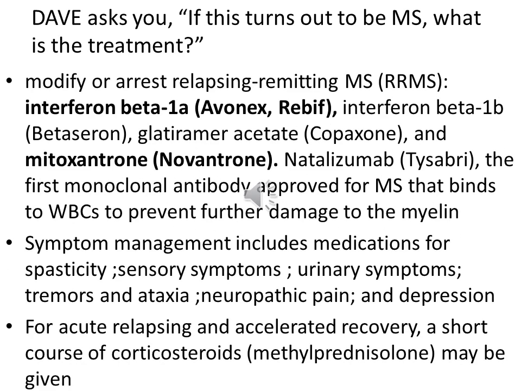So Dave asks you, if this turns out to be MS, what's the treatment? Well, there's no standard therapy, and individual therapies vary widely. There are typically 2 categories of treatment for MS: treatment to arrest the disease process, and treatment for symptom management. In the United States, 4 FDA-approved drugs are used to modify or arrest the MS disease process for the